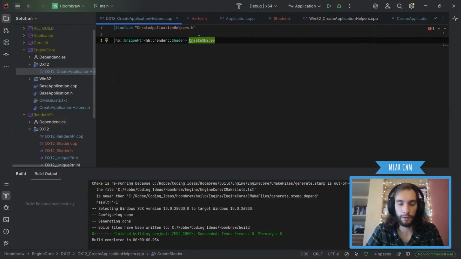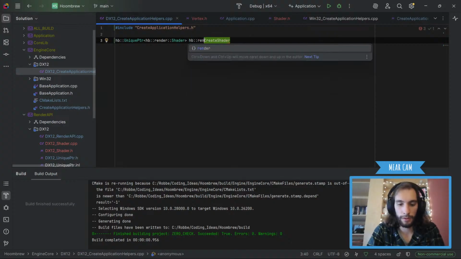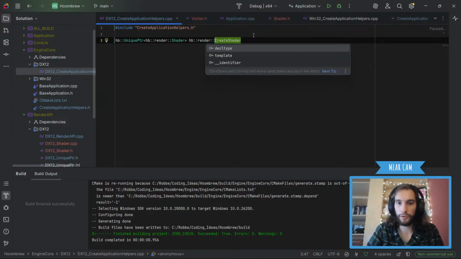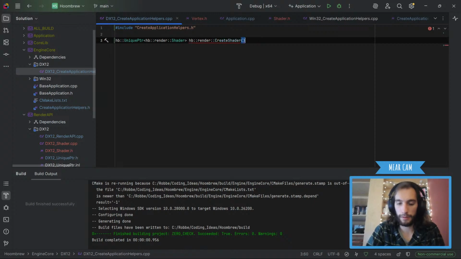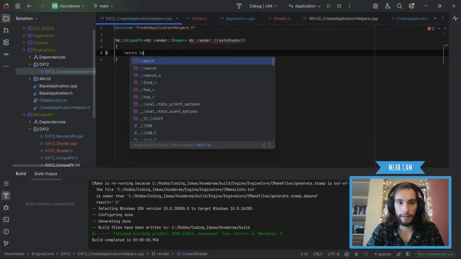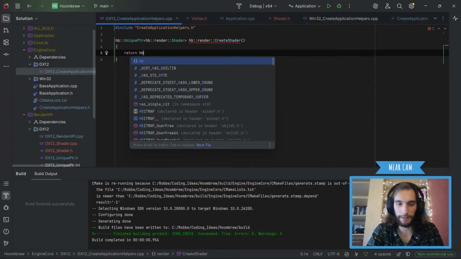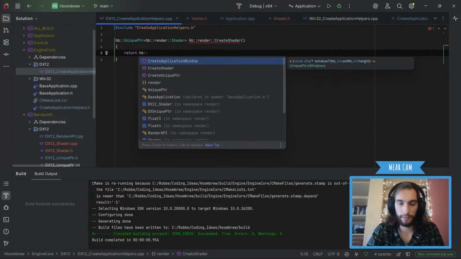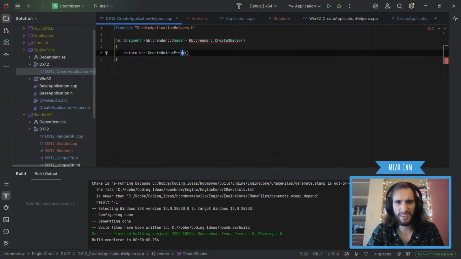And then do HP render. Create shader and then we're going to return an HP make unique, create unique pointer. Did I call it create unique pointer? Oh, okay. HP render shader, but not a normal shader.